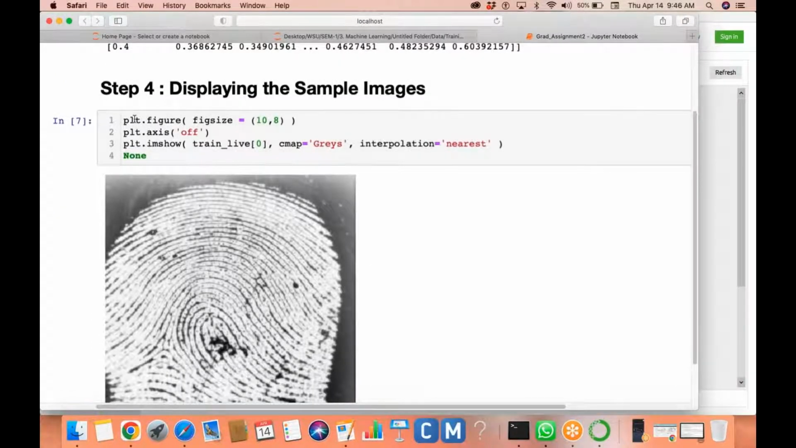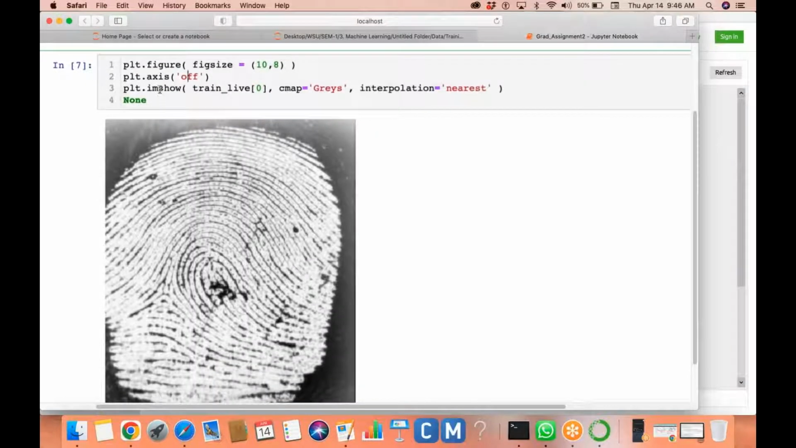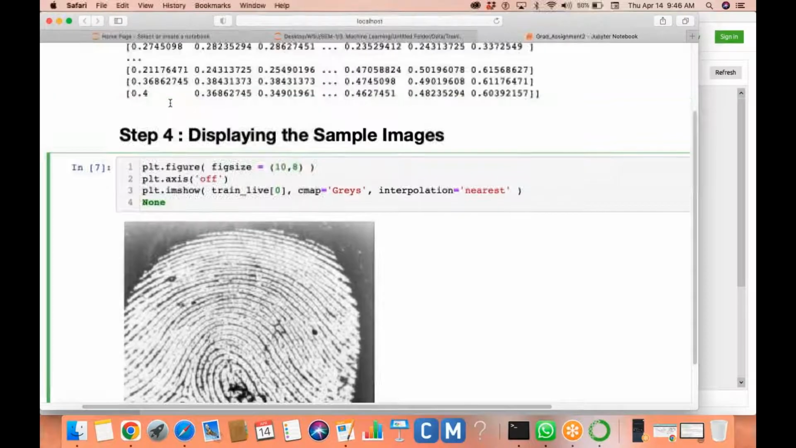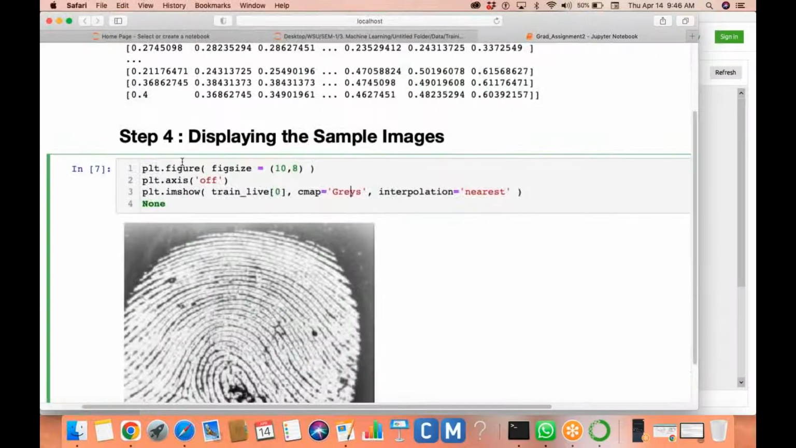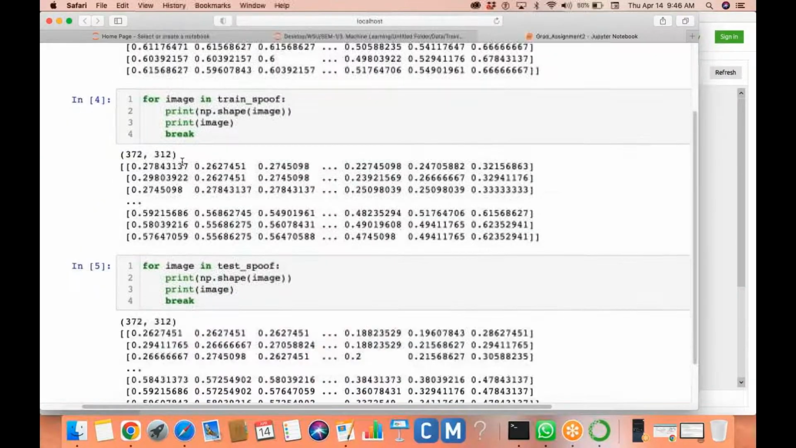Okay, so I have plotted a figure, and the figure size is 10 by 8, and the axis we are going to turn off. We are using imshow on train live of 0, in the sense the first image, in gray, with interpolation nearest, and we are showing this. Okay, so this is a small function. What it will do,